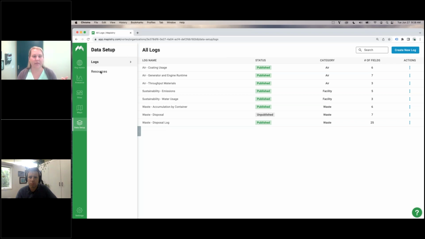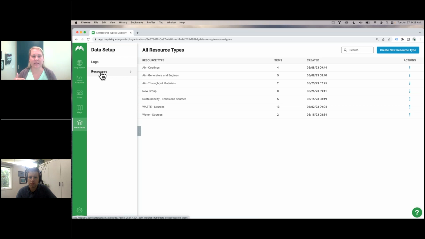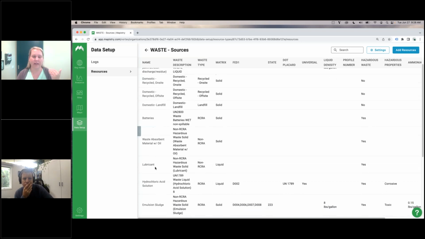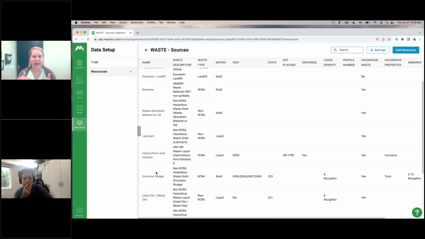And so the first layer of that is the resources layer, which is where you get to define the things that you're going to track against. So with this waste example, this is maybe specific solvents, batteries, lubricants. These are the things that my facility produces that I need to track against. And this gives you that consistency where,